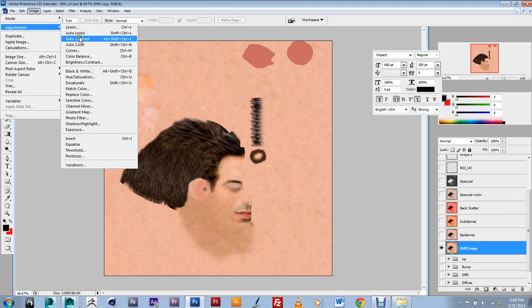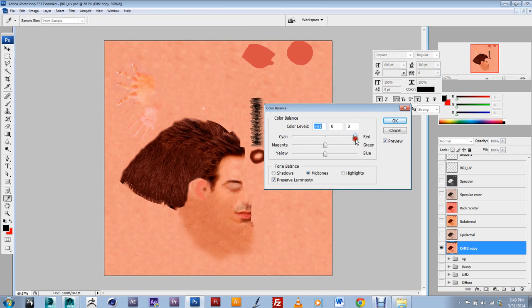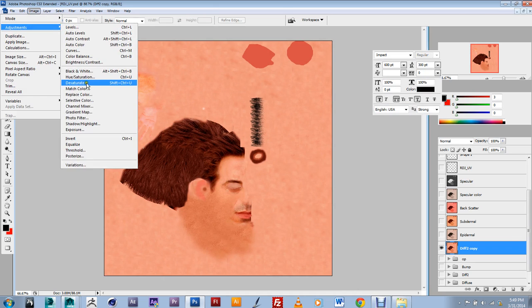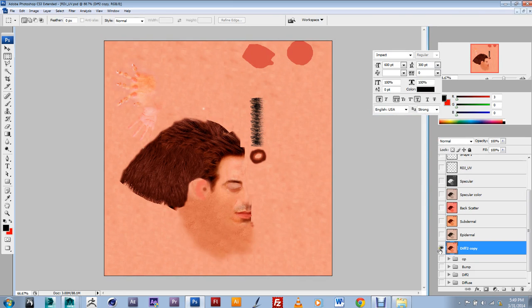For that one, it will be a matter of going into the color balance and bringing it all the way to red. Alright, and even going into your hue and saturation and playing around with these colors. And then again, the last one will pretty much be doing the same thing. Having already done the subdermal, it will be just a matter of bringing this one and turning it even more